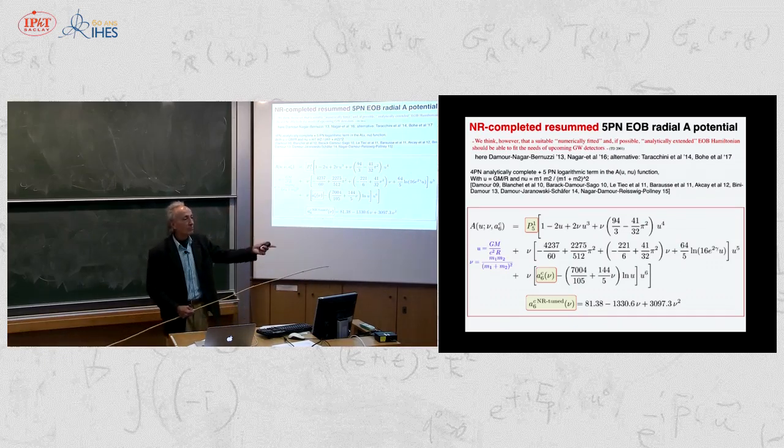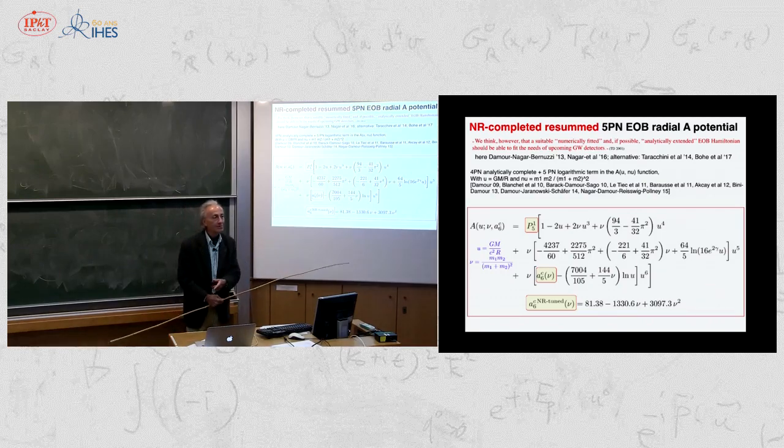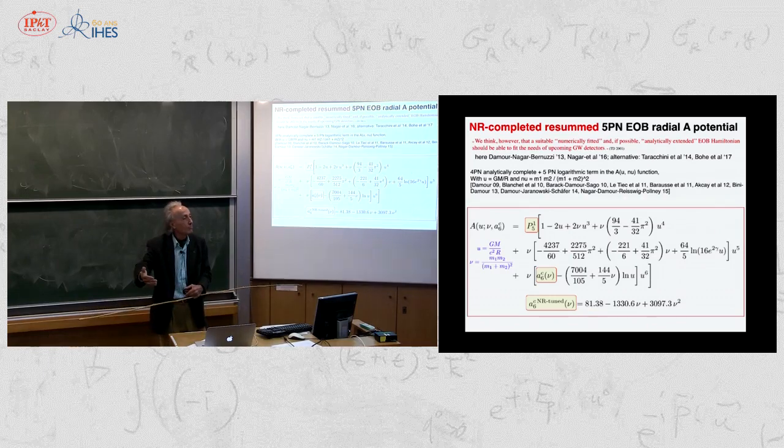Let me assume some value and compare to numerical relativity to extract a numerical value of something which is a 5-loop thing that I cannot compute. And then you get these numbers, which are now not analytic numbers because they are fitted to numerical relativity. And now you use this instead in the analytical framework. So this is the way in numerical relativity you extract some non-perturbative information from the numerical relativity simulation, but